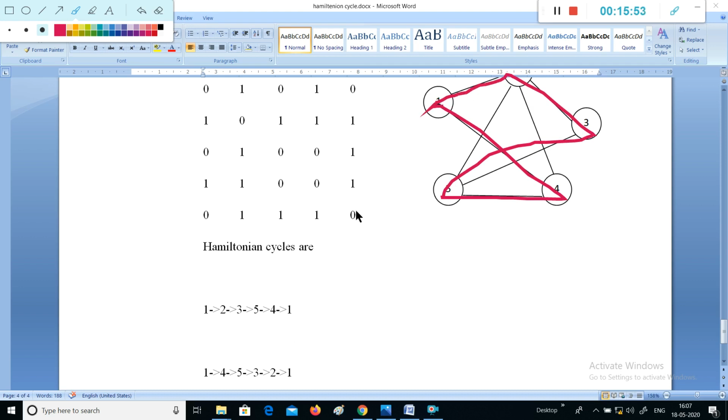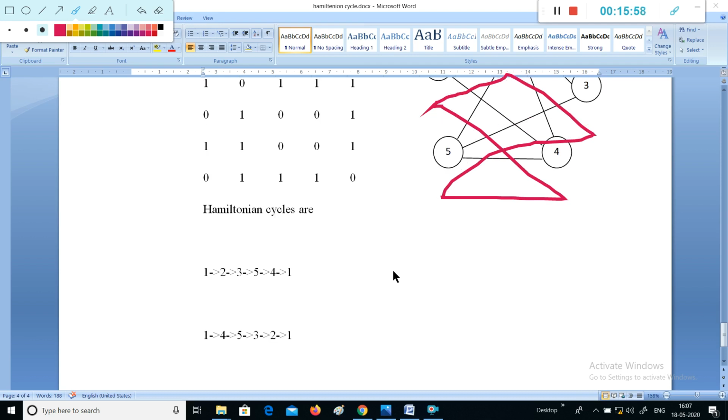This is another cycle that exists in the graph. The program will display the possible cycles in the graph this way.